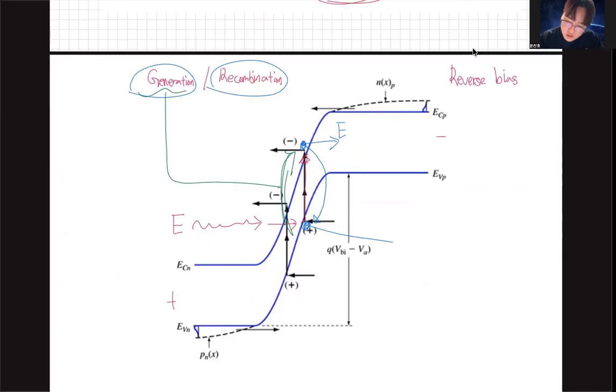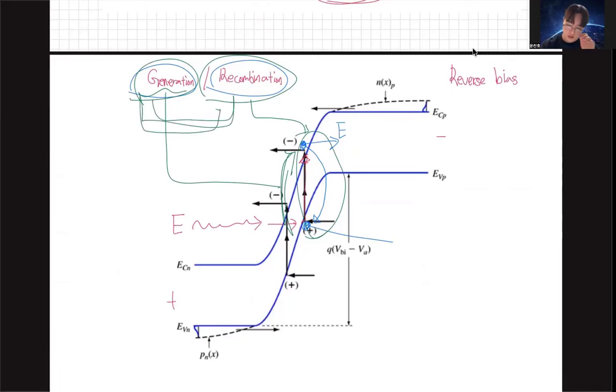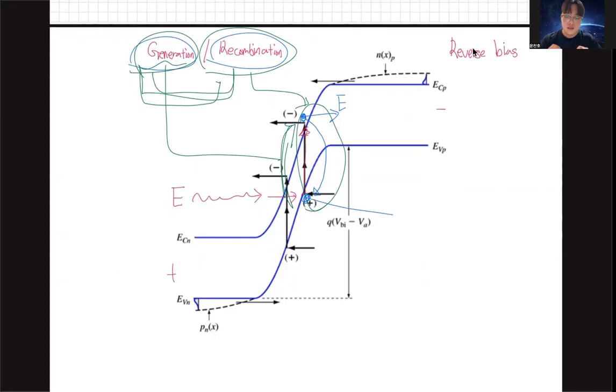We call this process recombination. I already mentioned that generation and recombination are opposite processes and simultaneous behavior. You have to know this is the opposite process,